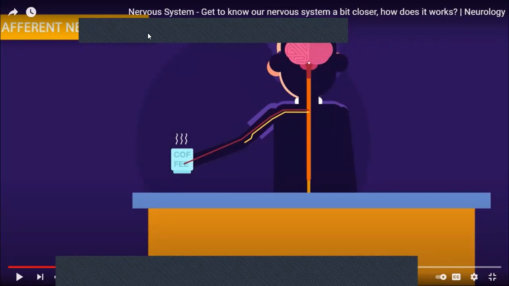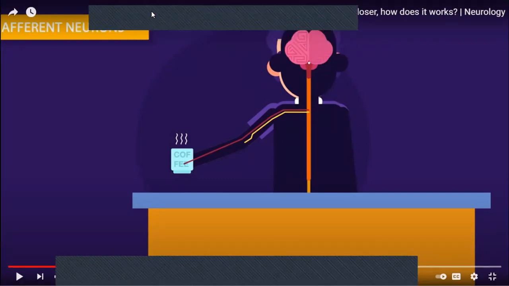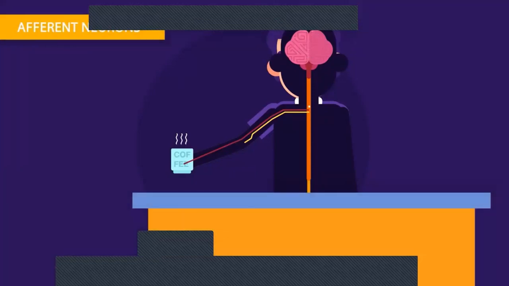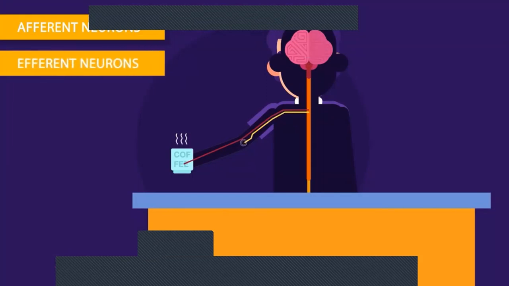So you sense hotness or coldness not in your hand, but in your brain. The real sensation of hotness or coldness happens in your brain, not in the hand. You understand it is hot or cold by your brain, not by your hand. Is it okay? Afferent neurons tell you that the cup is hot. Your brain processes that information and sends a response through motor neurons, known as efferent neurons, that you must put